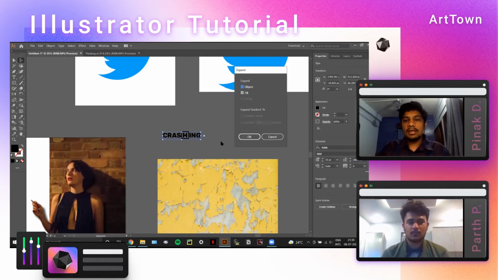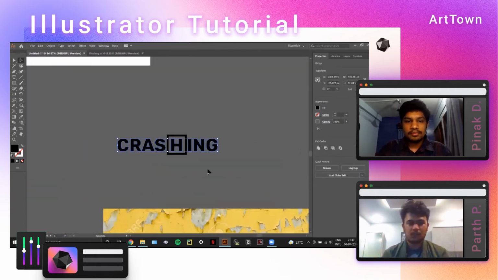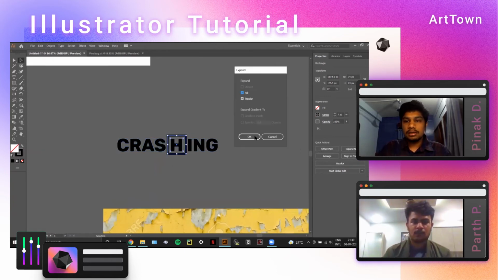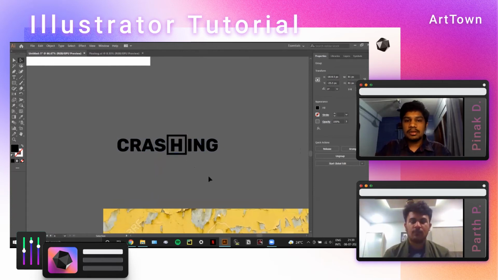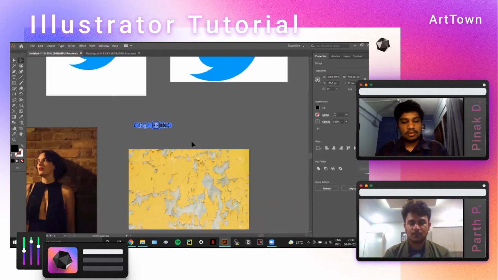It basically removes the embedded text format for my object, and now this just becomes a basic shape. Similarly, this is a stroke, so again I expand. So I get a shape. I make it a shape because it becomes much easier for me to mask it out.